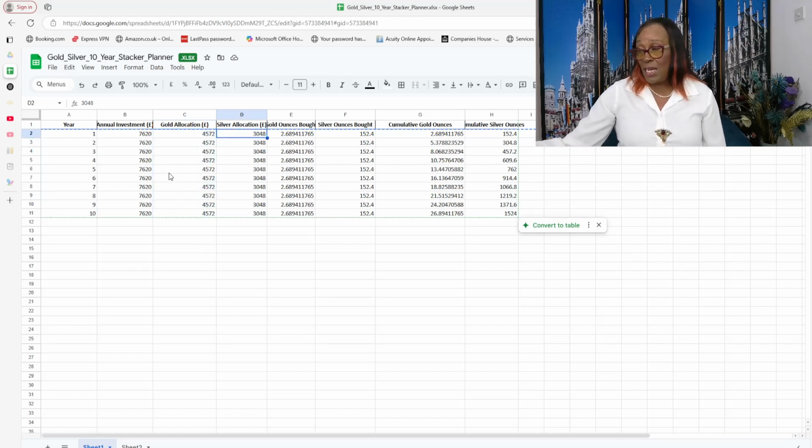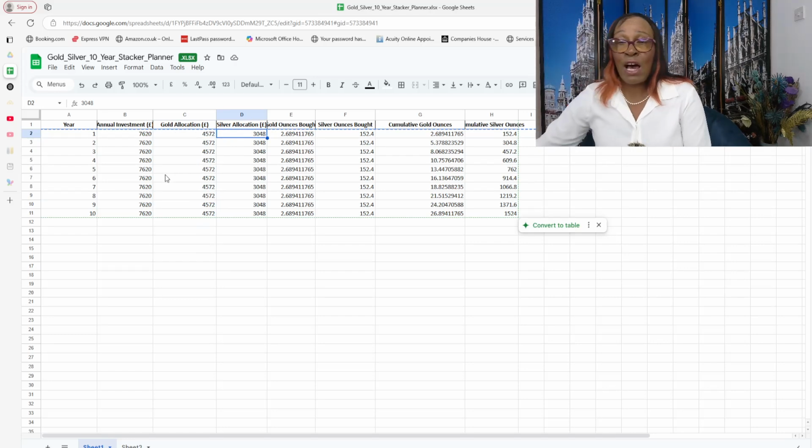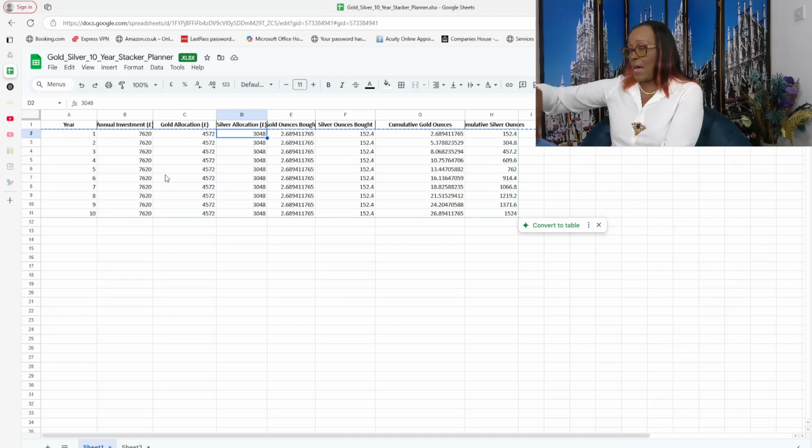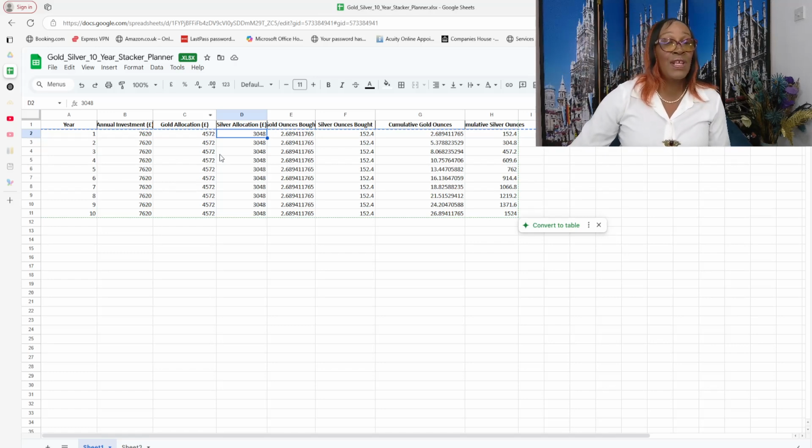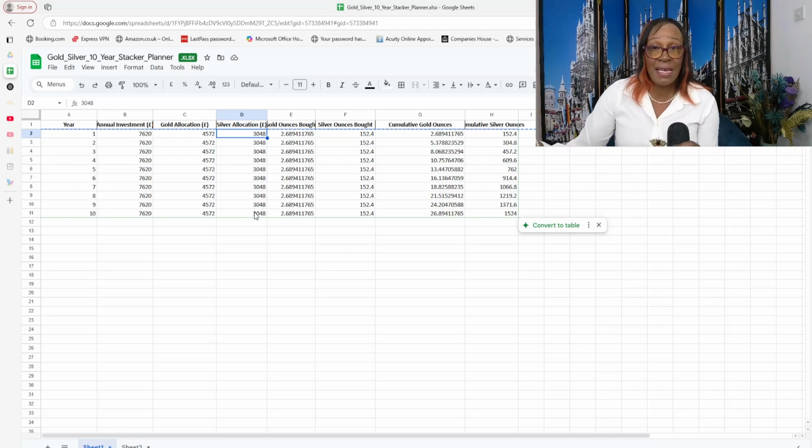Then there's this section here that says how much you are going to allocate to silver, for example. So you would put the amount that you're planning to spend for the year, for example, for silver. Then it's also got the gold ounces that you've bought. So how many gold ounces have you bought in that year, for example? You would divide that by 12, as I'll show you on the next sheet. And then it's got silver ounces bought here, for example, the